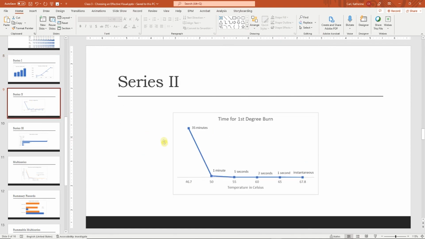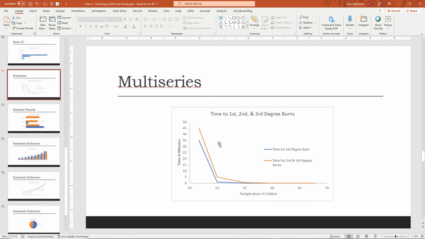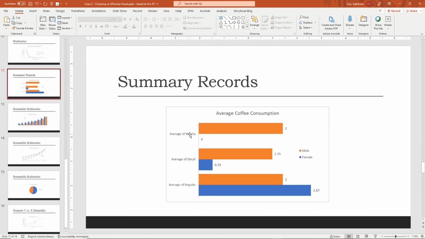So whether or not you want the data markers or not. We took a look at a categorical example, which is kind of a specialized example because it was scientific. Again, putting data labels on and eliminating the one for Earth to make it make more sense. We took a look at multi-series, in a case with continuous data, so we could stack those lines right on top of each other and see the difference. We took a look at summary records, so we compared averages across male and female. Because these categories are categorical, we can't use the line chart here,